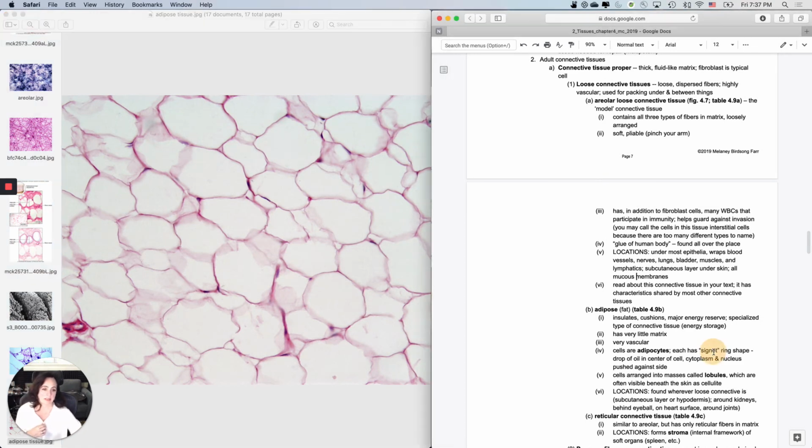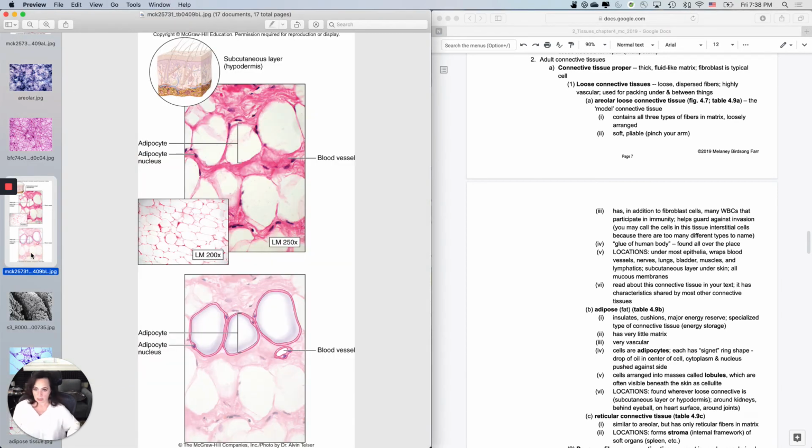You see this signet ring, which is kind of like a high school ring, in which it's skinny on one side and then the nucleus, or the stone, is on the other side. And the cytoplasm and the nucleus are all pushed off to the side. So that's kind of why it looks like this. So let's look at it. You can see when you get up really close, the nucleus pushed off to the side